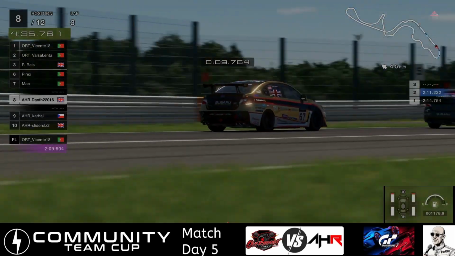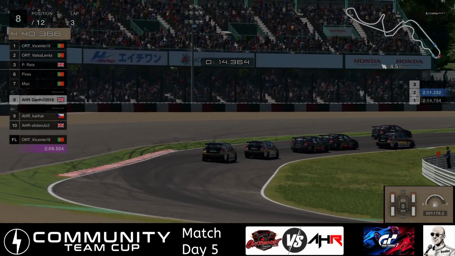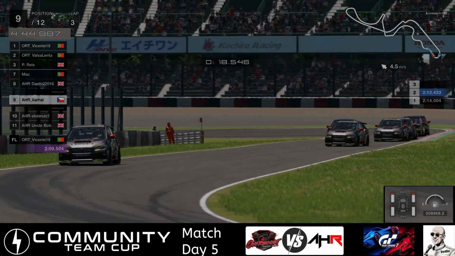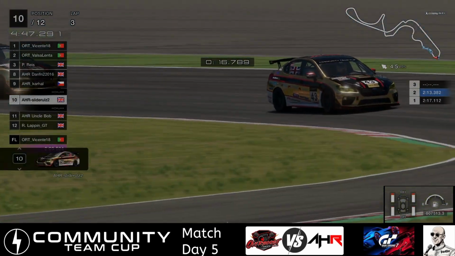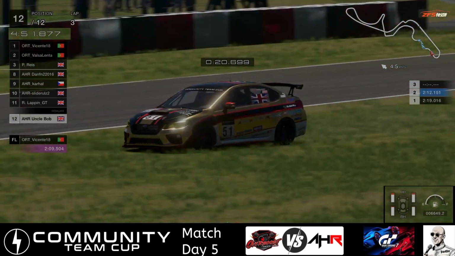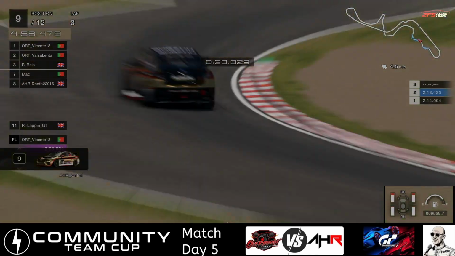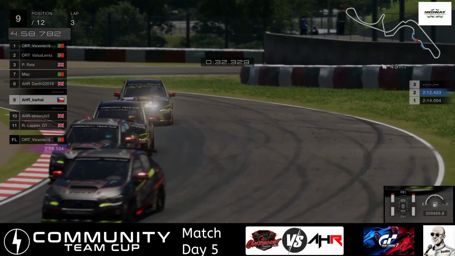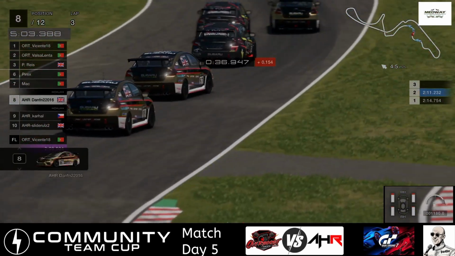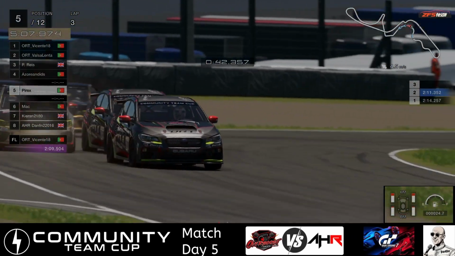We also have Dan in P8, still in this fight. The same goes for Carl in P9. Then we have a little gap, and two drivers, Slide Rules, Bob and Lapin. Oh, Bob's taking the grass line here. We go back to this battle group: Carl in P9, then P8, Mac and Perez, and I think